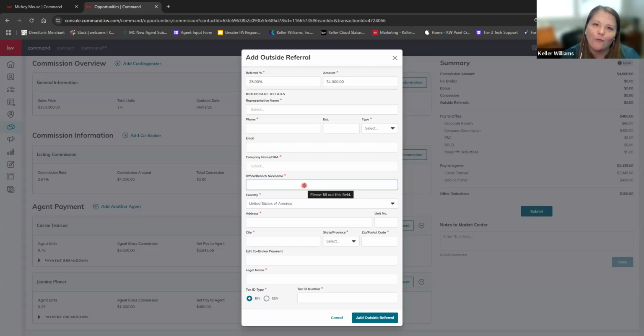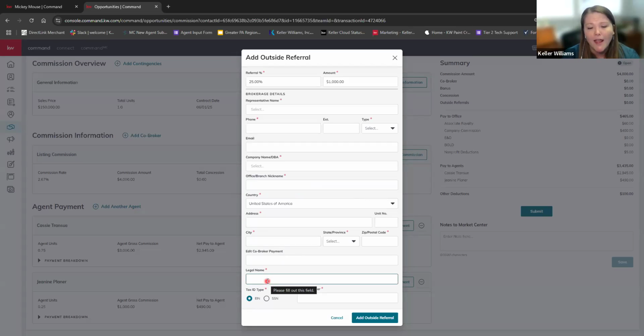The way you'll know this information is you have to obtain a W-9 if there is an outside referral. You have to have a signed referral agreement and you have to have a W-9 uploaded into Command, and then you're going to use that W-9 that you received from that other office, and you're going to be able to plug in all of the information because it's going to be right on that form, guys. You're going to be able to plug in everything into this section here. Then the address, that'll be right on the form, so you'll be able to just type it in really quick. And then down below, the legal name, again, it's typically Northampton County Regional Realty or whatever the main name of